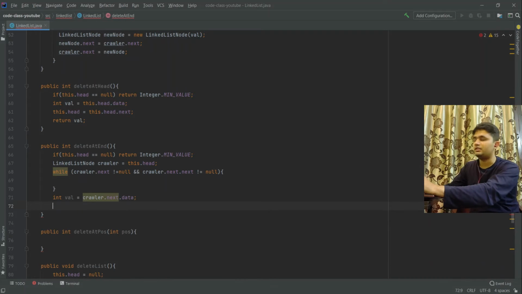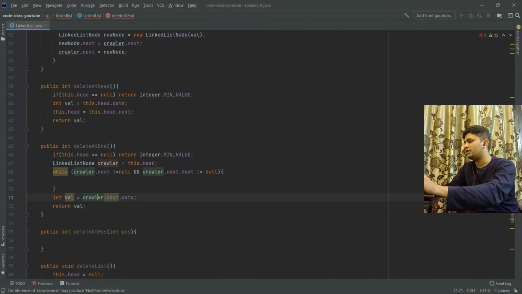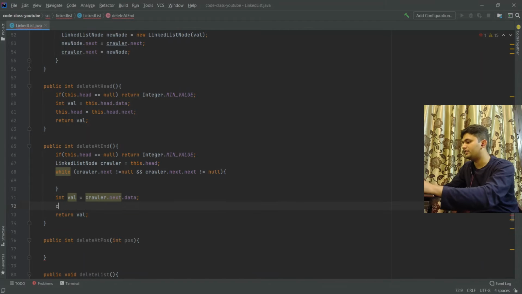We are capturing this value, and in the end we will return this value. And before returning, we will simply make crawler dot next is equals to null. Now how our while loop will work, we will simply do crawler is equals to crawler dot next.